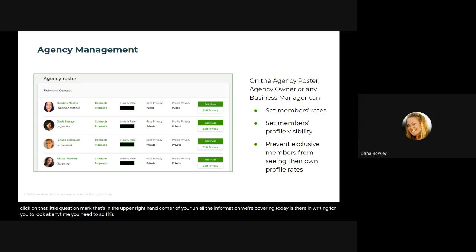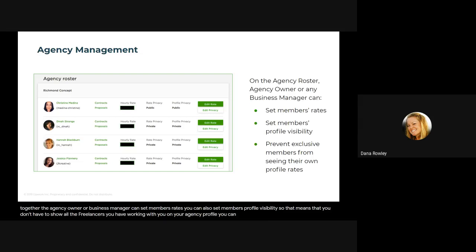So this next slide shows what an owner or manager sees of the team roster. So this is how your team is put together. The agency owner or business manager can set members' rates. You can also set members' profile visibility. So that means that you don't have to show all the freelancers you have working with you on your agency profile.